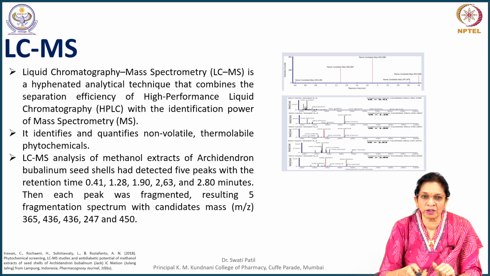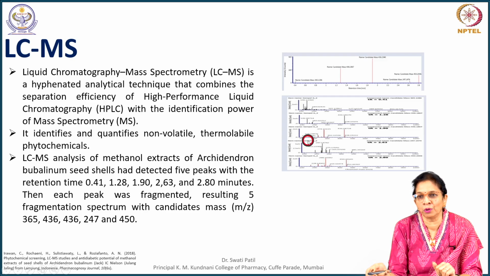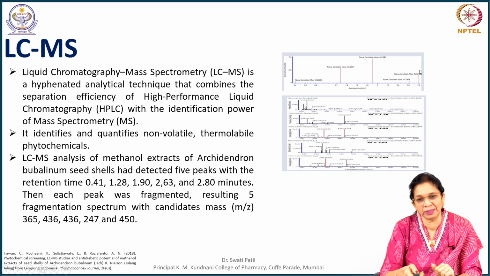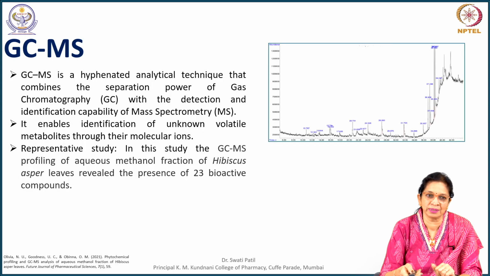This is liquid chromatography mass spectroscopy, which is an advanced technique, and it combines high performance liquid chromatography with the identification power of mass spectroscopy. The molecular ion peak obtained here, by matching it with the test compound, we can identify different kinds of active constituents present. Gas chromatography mass spectroscopy is another analytical technique which combines the separation power of gas chromatography with mass spectroscopy. These are different techniques used for